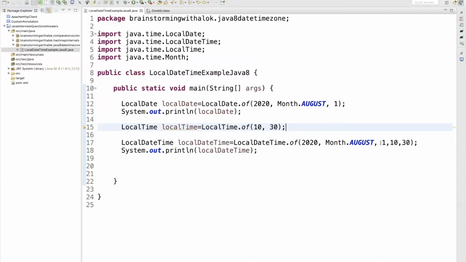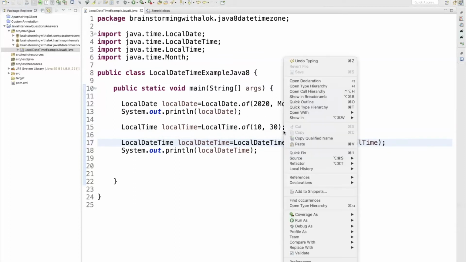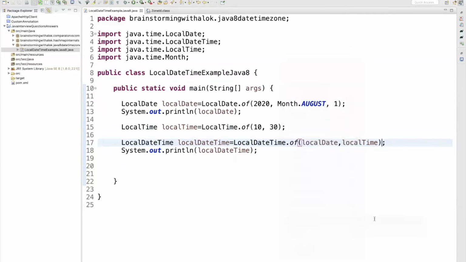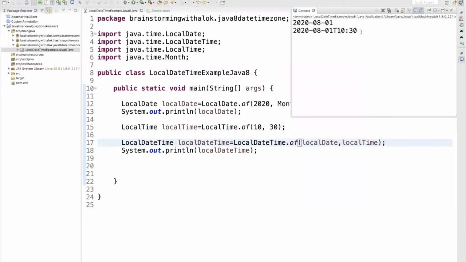So here you can directly pass two variables: one is the LocalDate, and another is the LocalTime. Once you run this, you'll get the same result.